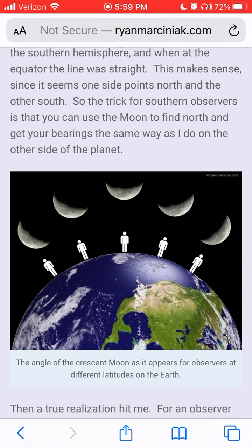now, as you can see the 5 observers on this globe, and then we have 5 views of the moon, and some are in the southern hemisphere, some are at the equator, and 2 are in the northern hemisphere. Now, as you can see, the view of the moon is changing based on their position. So, if you're looking at the moon on the left in the southern hemisphere that's lit on the left side, the only way you could see the moon on the right, over there on the right side, where it's lit on the right side,